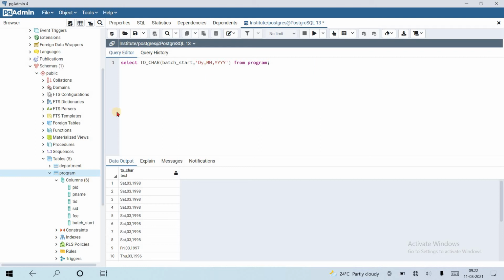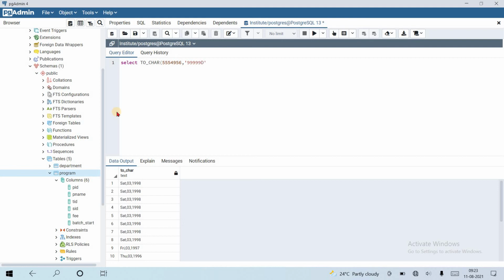Okay, let's see another example. Select, suppose the value is some movie revenue value, an integer-like value, or we can take a specific value, 4595676 suppose, and now convert to character this value in the format 9999999D99.